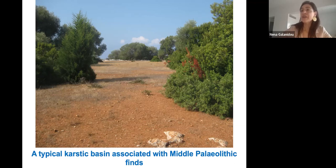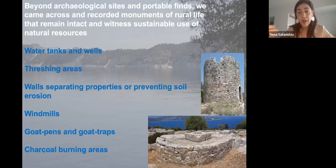This is a typical karstic basin. I'm taking you now to the Middle Paleolithic finds and to the Middle Paleolithic archaeological settings. And this is a typical karstic basin associated with Middle Paleolithic finds and identified in the landscape by this terra rossa, the red soils on the surface, out of which Middle Paleolithic remains erode. Beyond the archaeological sites, since the audience is much wider than the narrow Paleolithic gang, we